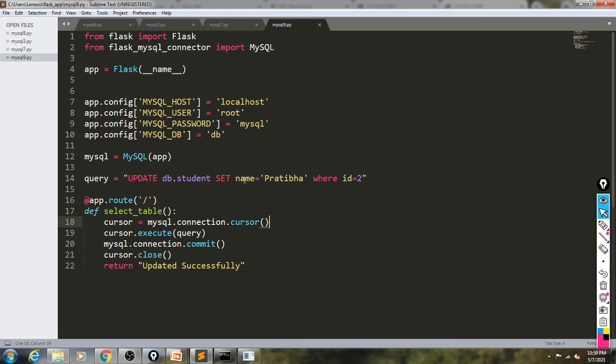Suppose some of the students have city as Kolhapur and some have city as Mumbai, and we want to change the city Kolhapur to Mumbai, so how can we change it? Set city is equal to Mumbai, where city is equal to Kolhapur. Whatever number of records have city as Kolhapur, that will be changed to Mumbai.